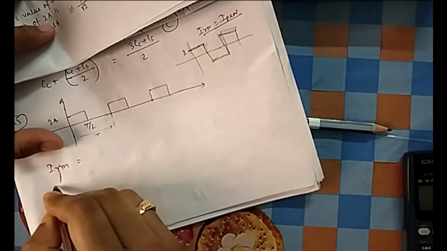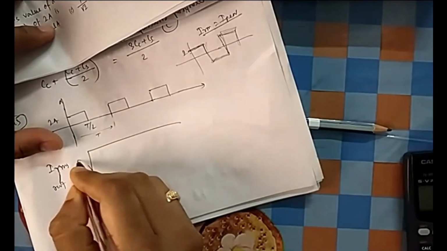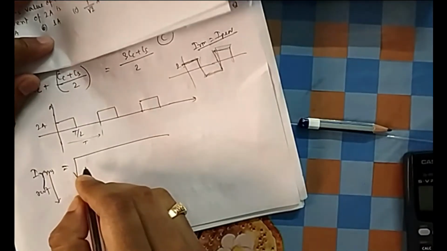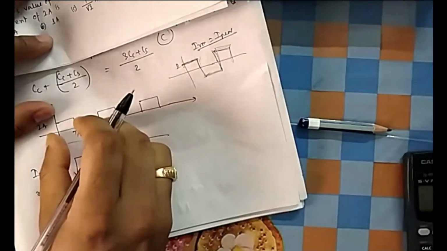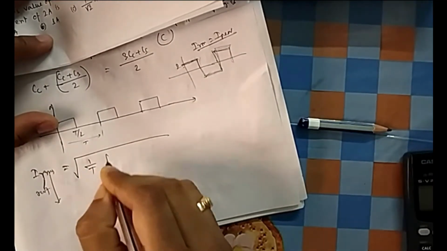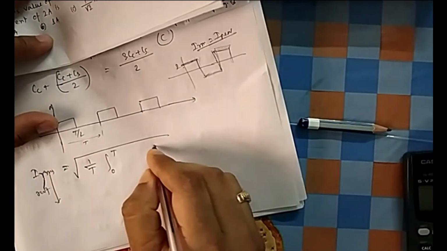So this is half of the time period, because this is the complete time period. One half is coming, the next half is not coming. So what is the meaning of root mean square? You go by the name. First is root, so I will give root. Next is mean. Mean means you have to take average. Average means you have to sum and then divide. So I have to sum all this, then divide. That sum I am doing using integration, dt.